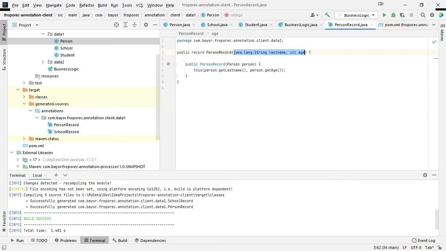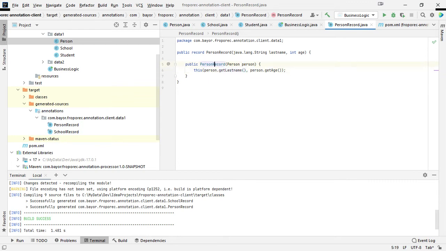And interestingly, besides the automatically generated canonical constructor, as they call it, we also added an additional constructor, which is a one argument constructor taking in the POJO object that we are transforming into a record. So the idea here is just to call the canonical constructor and pass in the data from the POJO object.